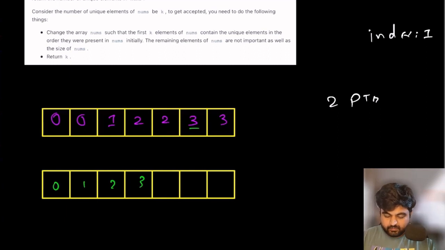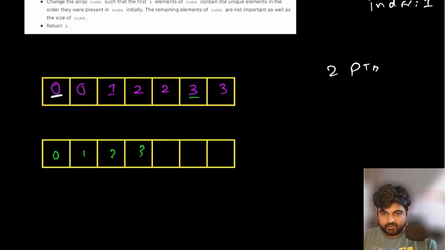Now this first value is guaranteed to be a distinct value, because we are told that there is at least one value in the array, and that value has to be part of the original distinct values. So we are going to directly put it over here, and that is why we put the index pointer at value number 1. Now index pointer is just a way for us to iterate over.